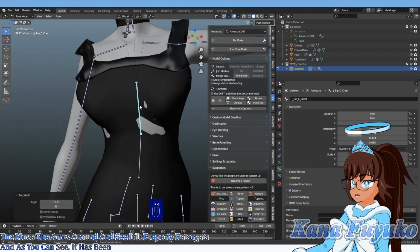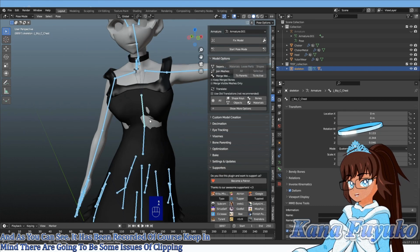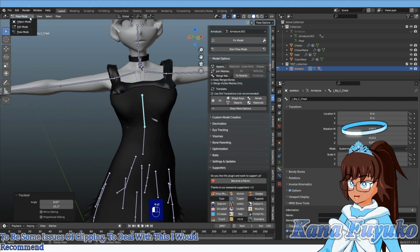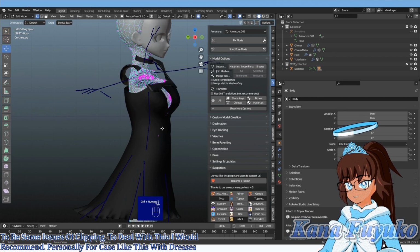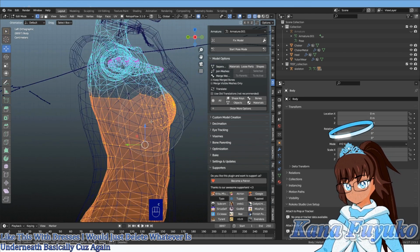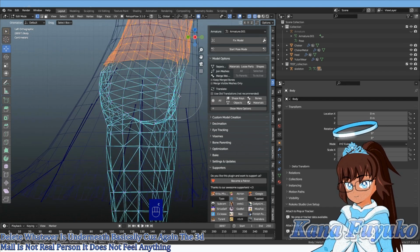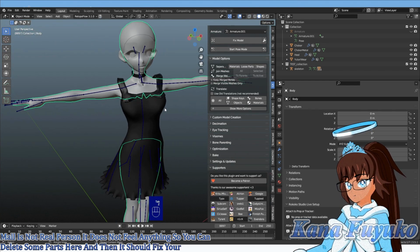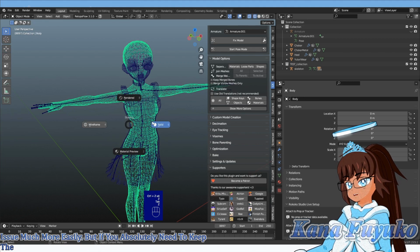Of course, keep in mind there are going to be some issues of clipping. To deal with this, personally, for a case like this with dresses, I would just delete whatever is underneath, basically, because again, the 3D model is not a real person. It does not feel anything. So you can delete some parts here, and then it should fix your clipping issue much more easily. But if you absolutely need to keep the under part of it, you're probably going to have to do a